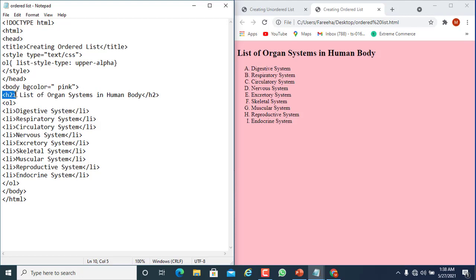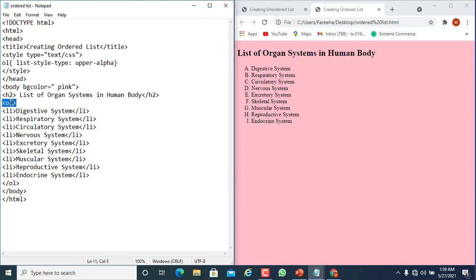Here we define the heading tag, and in the heading tag we write list of organ systems in human body. Students, this is the heading of our document. It means that in this document we are going to make a list of organ systems in the human body.